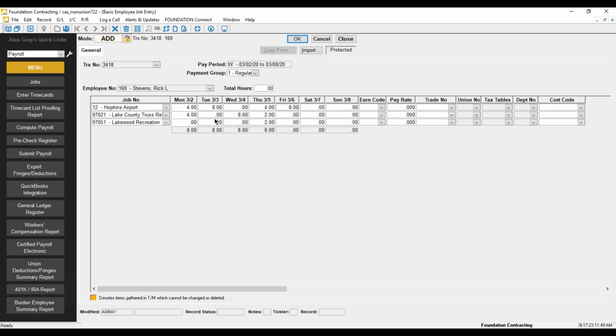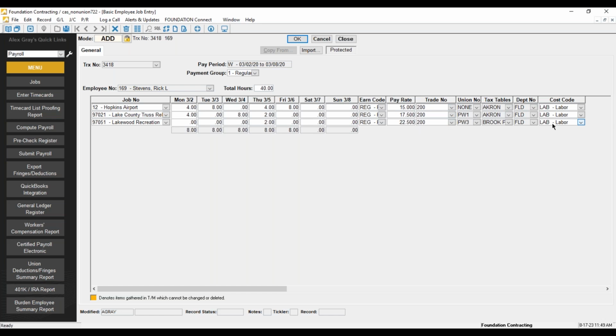Now, with this information, enter the hours. Now, focus on the right here. Once I click OK, the system looks at the job record and pulls in the corresponding rates of pay, and tells us what's going on with that specific job. Okay, first one, private commercial job, no tables tied in. Second one's going to be my prevailing wage job 1. Third's prevailing wage job 3, showing us what those rates are being pulled in. Then per that employee's trade classification, it pulls in the corresponding pay rate, tax table, and also